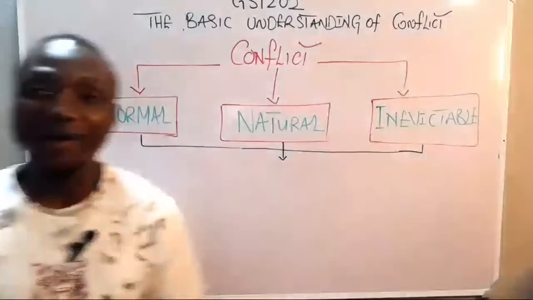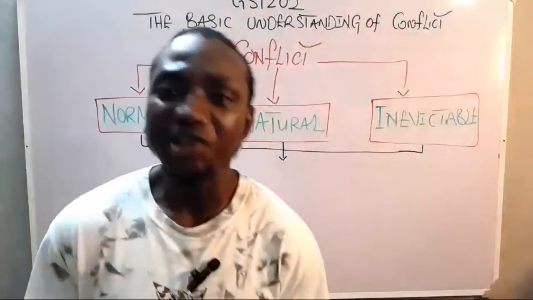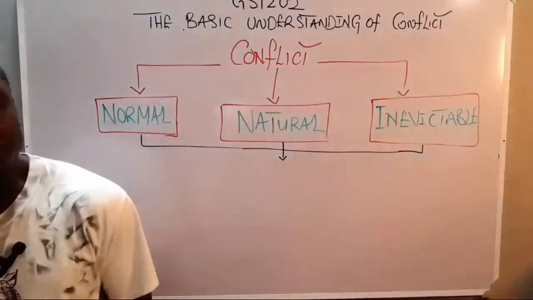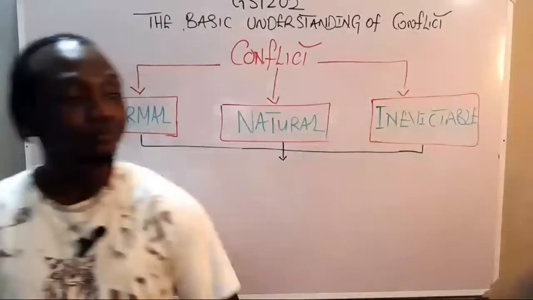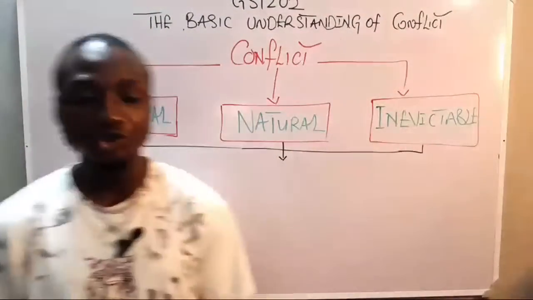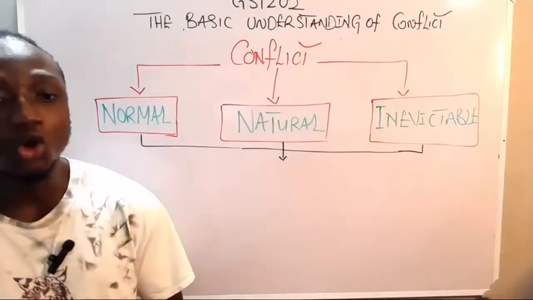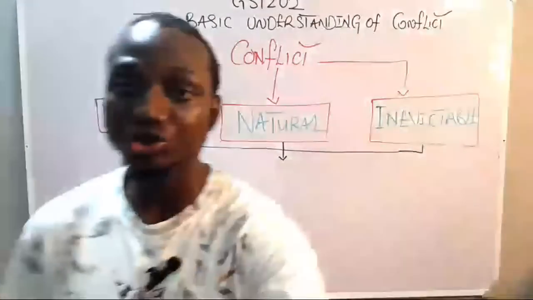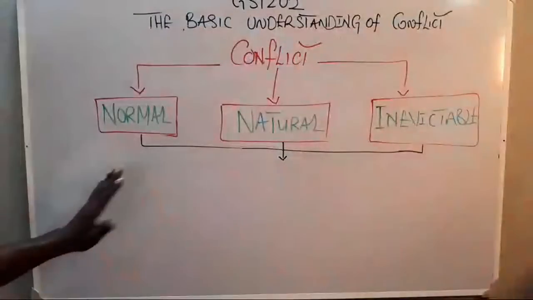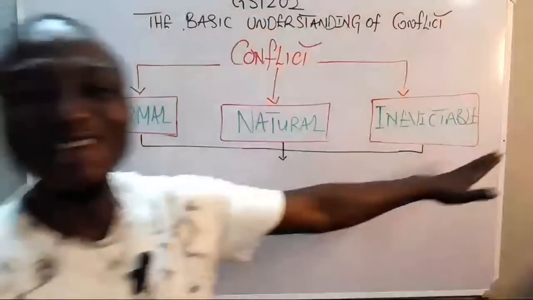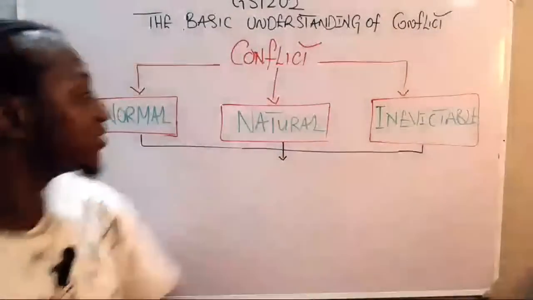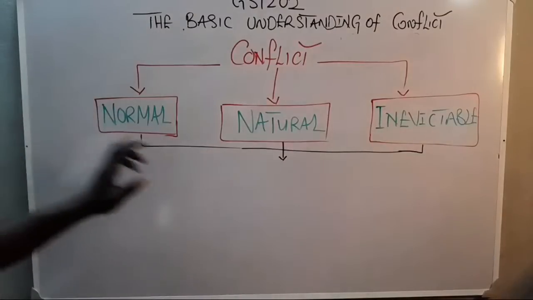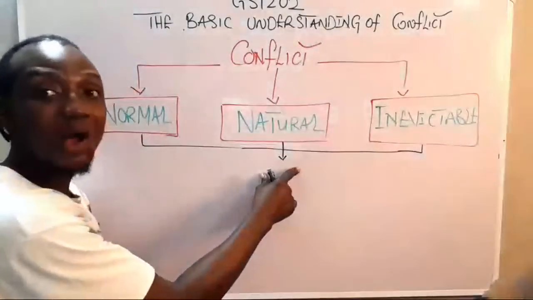So now, in a situation whereby we are pursuing conflict within a group of people, an organization, definitely you will see that if there are no conflicts, you don't get to understand or know the dislikes, the boundaries you shouldn't cross. So it is natural, it is normal, and it is definitely inevitable. So when we say conflict is natural, it helps you identify who you are. It confirms that you are human.